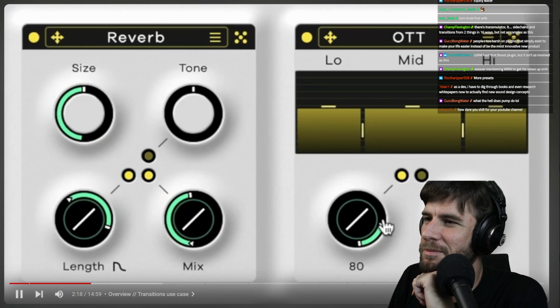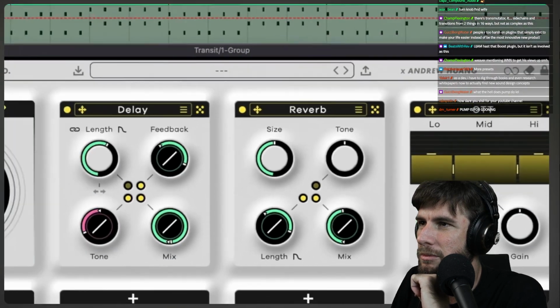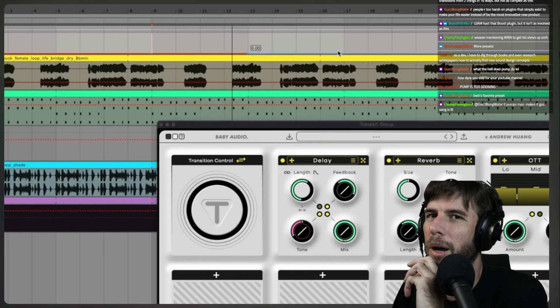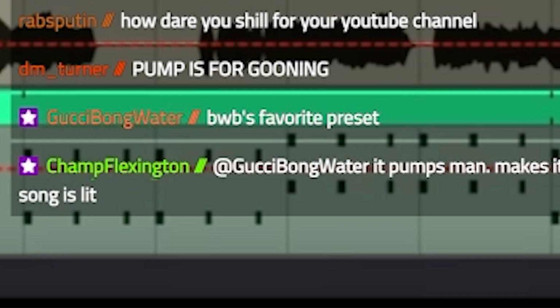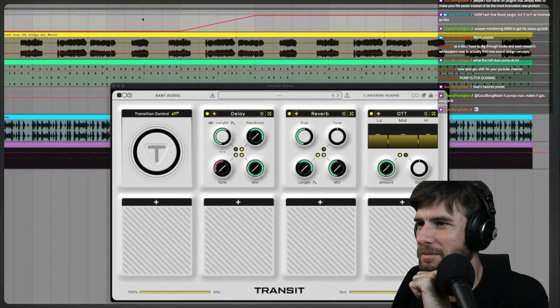What does pump do? You know what it does. You know what it does. Don't act stupid. 0 to 100. Oh yeah, by the way, you can also go backwards. When it's pink, it's backwards. But in this case, we just want to really squish that transition as it goes on. And actually, I'm just going to automate. Got OTT in it at least. Control, because it probably, want to transition. His favorite preset. For the last, say, 4 bars of this section.